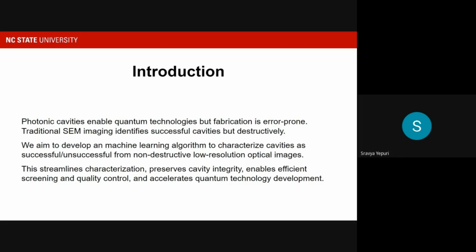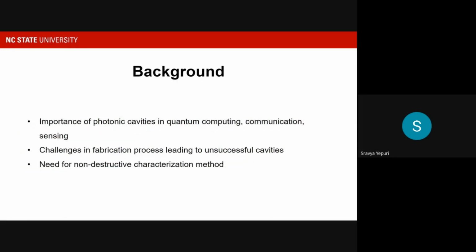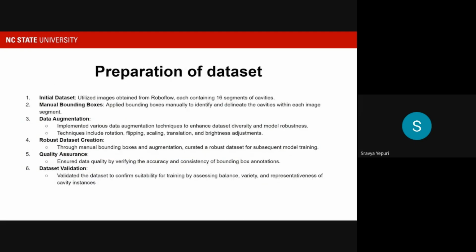There can be some factors affecting it, such as human errors or instrument malfunction or improper dosage selection. Traditionally, identifying successful cavities involves high resolution imaging using SEM, but this can be labor intensive. Moving on to the background, photonic cavities play a big role in various quantum applications. And as I said, SEM can be labor intensive. So there is a very big need for a non-destructive categorization method, such as applying machine learning on